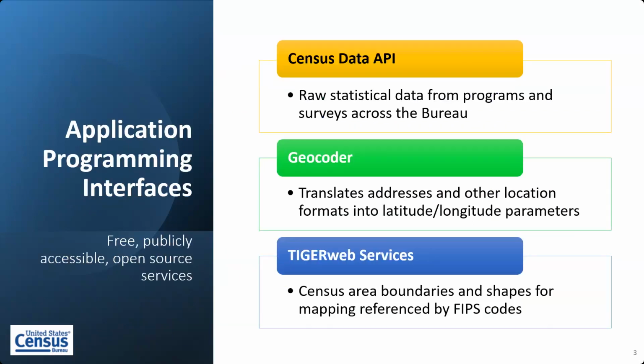I wanted to start by talking about how applications that are built on census data typically take advantage of 3 underlying services. So we have the Census Data API, the Geocoder REST services, and TigerWeb REST services. Today, though, we are only going to focus on the first one on the list here, and that is the Census Data API.